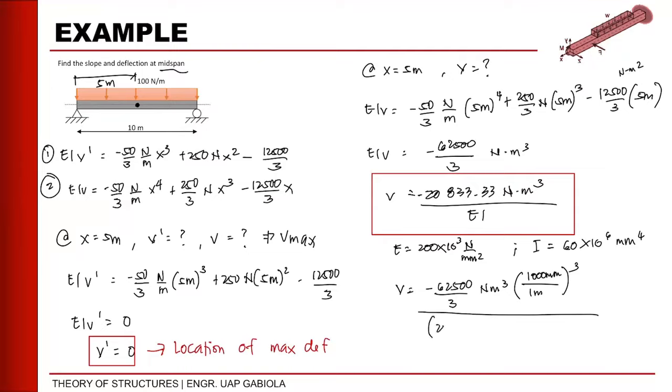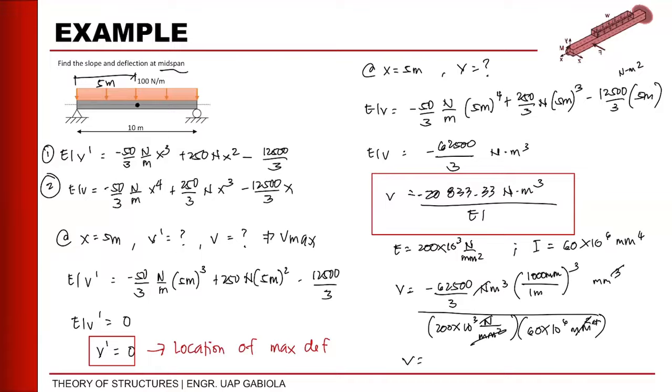Then, this will be 200 times 10 cube, Newton per mm squared, times 60 times 10 to the 6 mm to the 4. Okay? Mangyayari si Newton magka-cancel out. Si mm squared magka-cancel out dito. May matilang mm squared doon. So, dito, magiging mm cube siya. May mm squared sa ilalim. So, makaka-cancel yung mm squared. Matitira is mm lang. So, yung value ng deflection natin is negative 62,500 over 3 times yung 1,000 cube natin